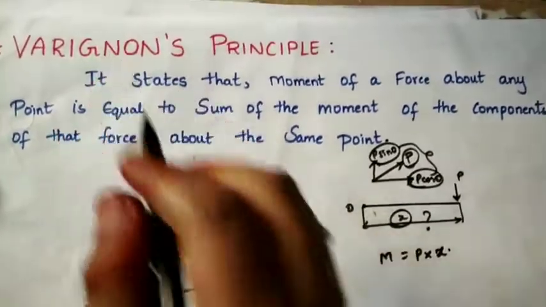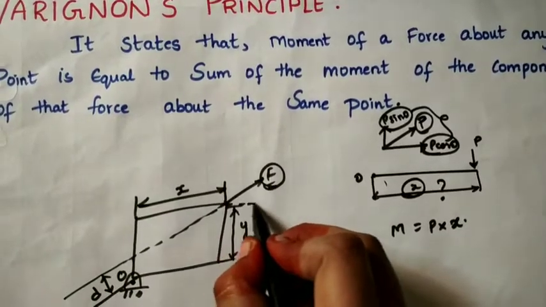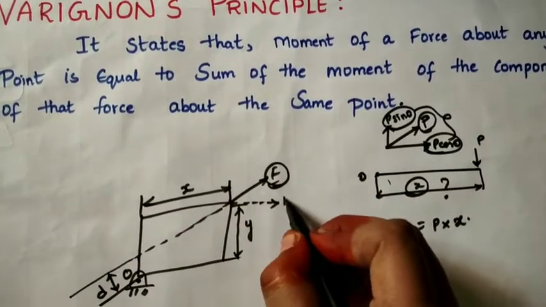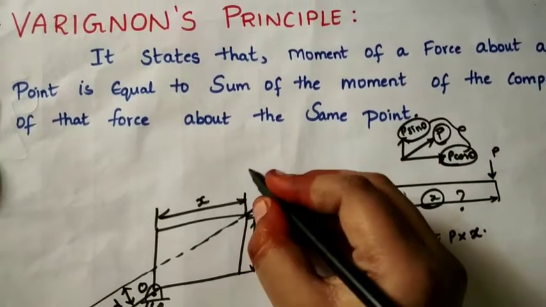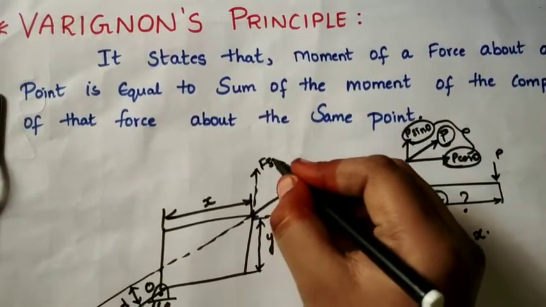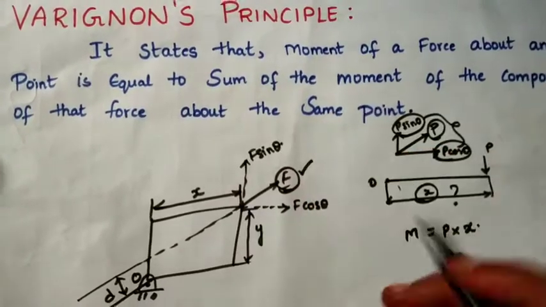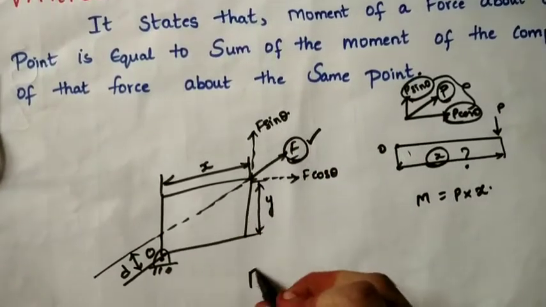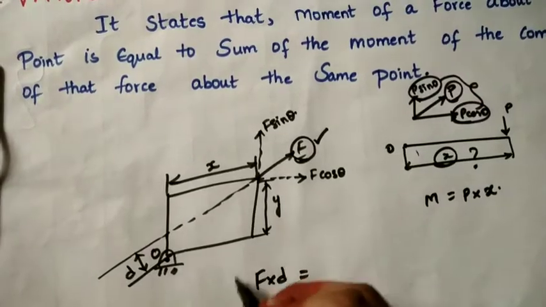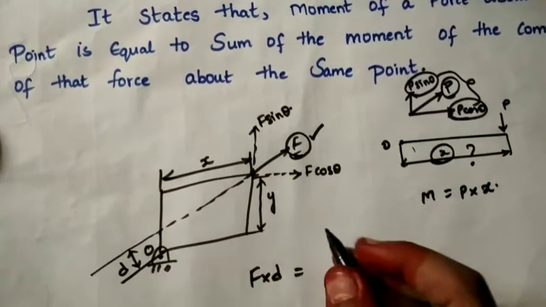Varignon's principle states that the moment of F is equal to the moments of its components. What will be the components of F? F cos theta and F sin theta. So the moment of F will be equal to these moments. That means the sum of moments F into d is equal to,